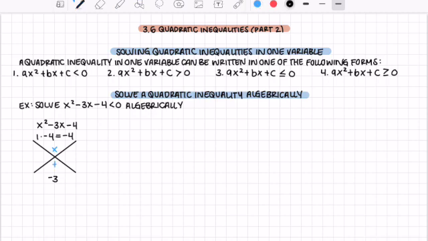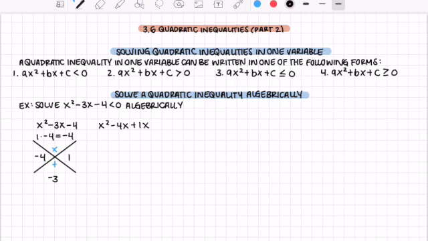So I need two numbers that will multiply to get negative 4, and then two numbers that would add to get negative 3. I could use negative 4 and, well actually, let's use positive 1. Negative 4 times 1 equals negative 4, and then negative 4 plus 1 equals negative 3. So once I do that, I get here x squared minus 4x plus